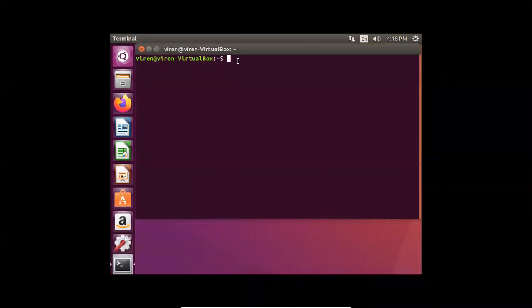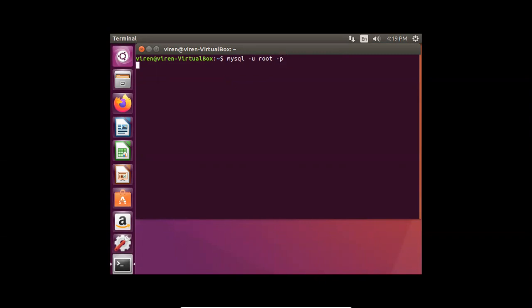I'll type mysql space minus u space root space minus p. Minus means hyphen. mysql space hyphen u space root space hyphen p.